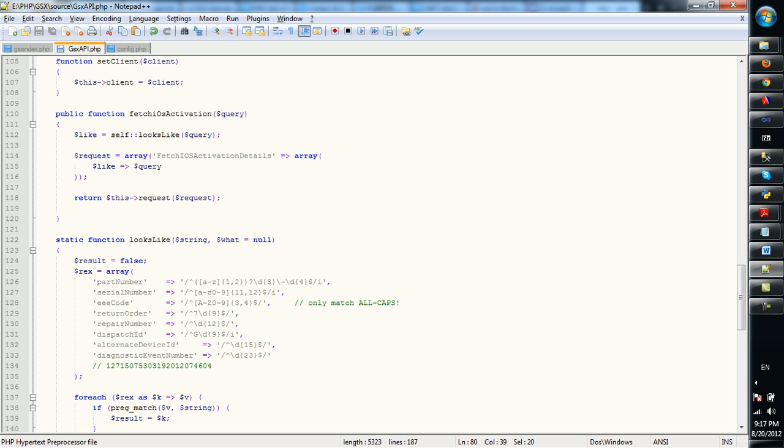And the function we have is to fetch the iOS activation details. So this is the function we will call,